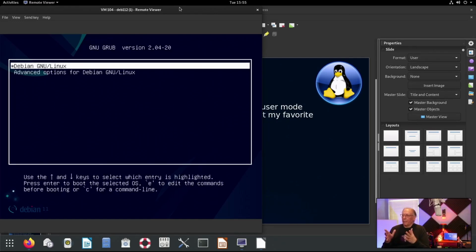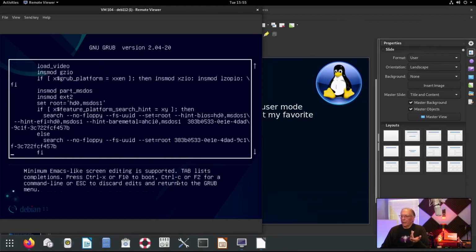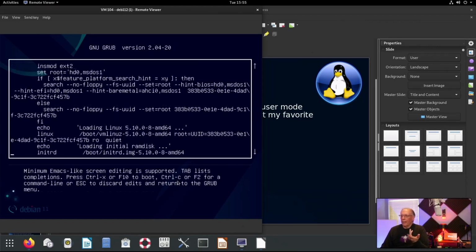To do that, I'm at my grub screen, and I've stalled it from automatically taking off by just moving my cursor up and down a couple of times, and then that will kill the clock. So I want to edit this, and I press E to edit the commands, and I get the list of what grub is actually going to do once I pick that top entry on Debian. So I'm going to come over here, and at the end of that Linux string,